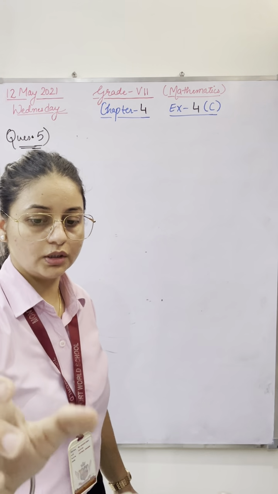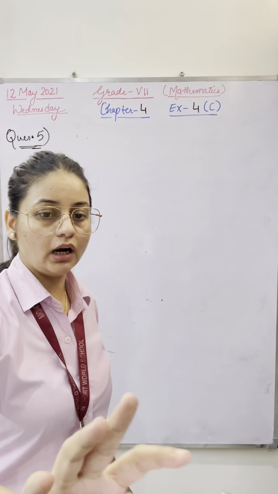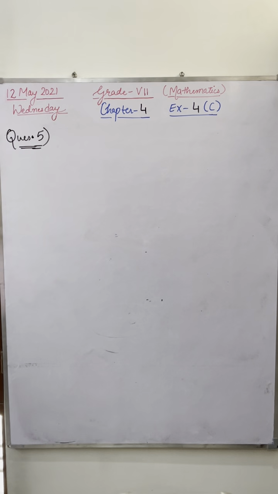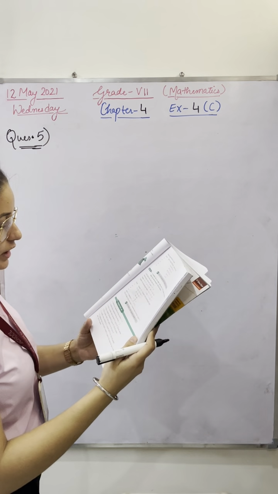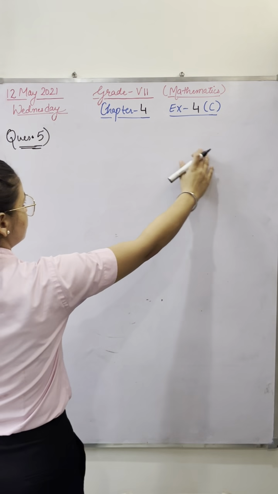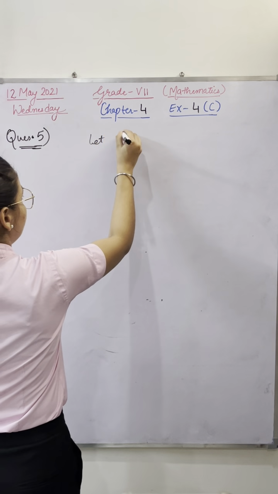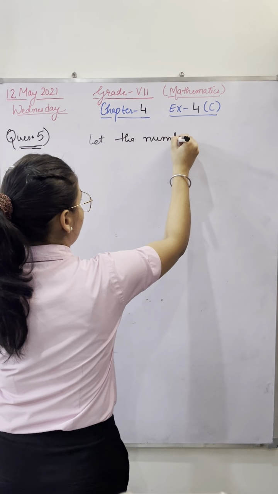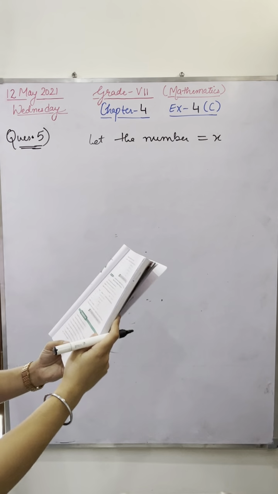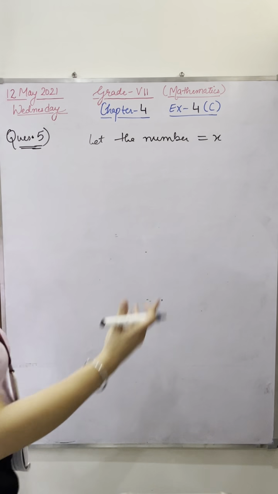Good morning, ma'am. Saloni, please read out the 5th question and tell me what they have asked. They are saying find a number which when added to its half. First of all, which line should I write here? In the beginning, let the number be x. Very good. Let the number be equal to x. This number when added to its half, how can we write?